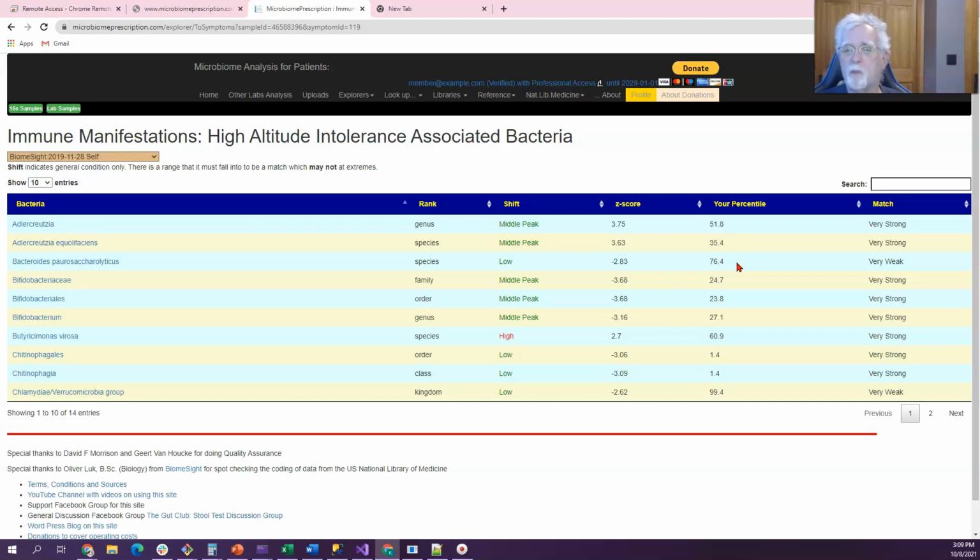And most of the mathematics behind it I have hidden, apart from making a z-score available. Like this one is a very strong, and so you can go in there and take a look and see your one, and we have 0.025 middle peak, which actually makes sense. So it's not too high or too low. Here we have a case of very strong, we have high, and the distance away isn't that much.